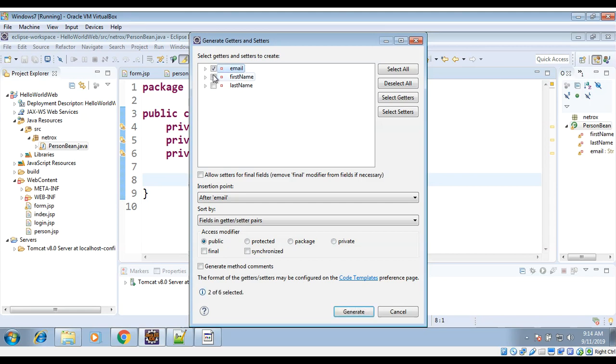I'm just going to select all, or you can select from here. It's up to you. Over here it says insertion point. I will keep after email, so those functions will be added after our last attribute. So just click on Generate,